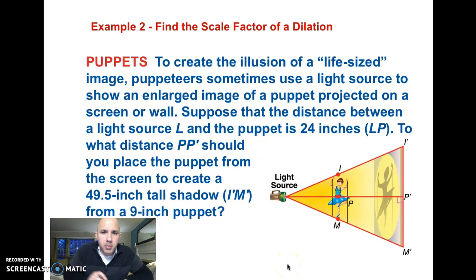Number 2, we want to find the scale factor of this dilation. Let's read this carefully. To create the illusion of a life-sized image, puppeteers sometimes use a light source, which will be our light source here, to show an enlarged image of a puppet projected on a screen or a wall. So here goes our image, and here goes the projection in the background. Suppose that the distance between the light source, L, and the puppet